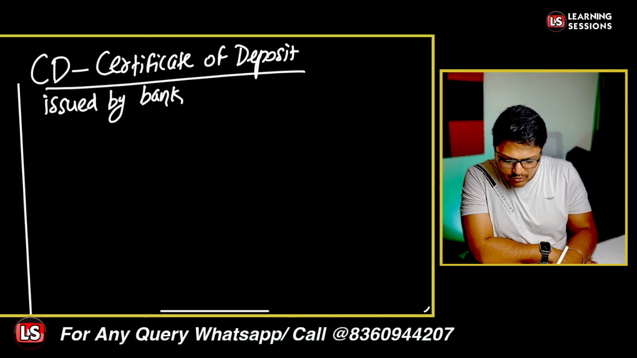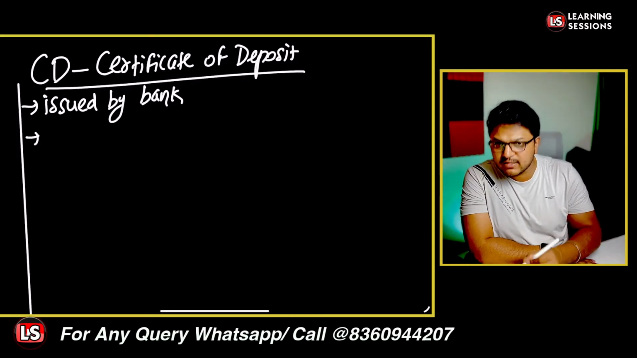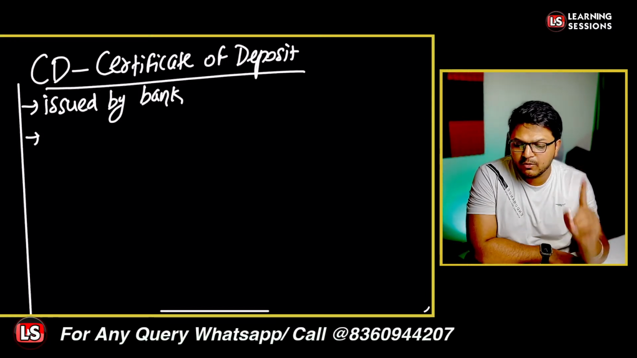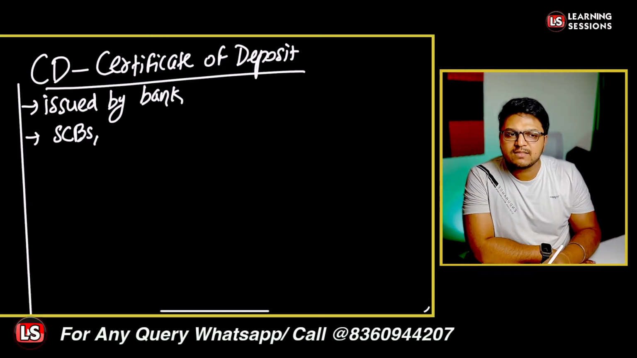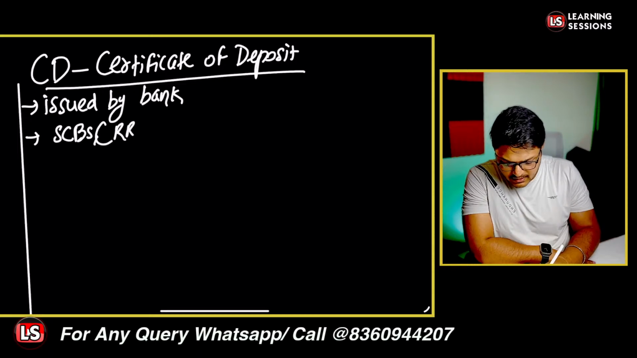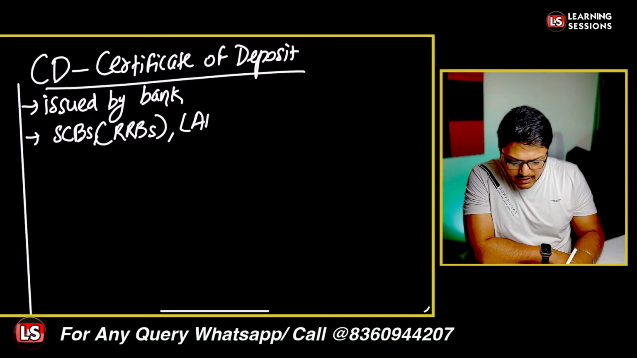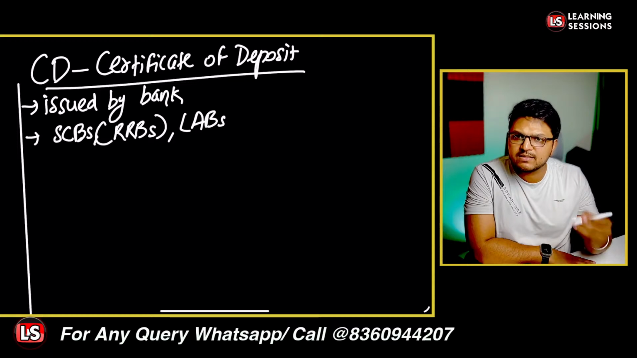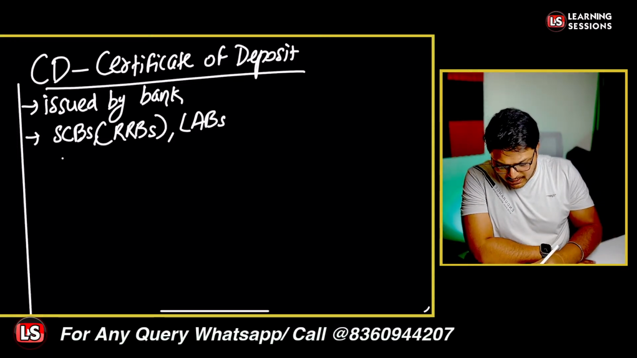Now, it is issued by the bank, so it is secured enough. Basically, if the bank wants to raise funds in the secondary market, it can be done by way of issuing the certificate of deposits. So all scheduled commercial banks are covered, but RRBs are excluded in this scenario. RRBs are not covered. And also the local area banks, right? Excluding the RRBs and local area banks, whatever scheduled commercial banks are there,